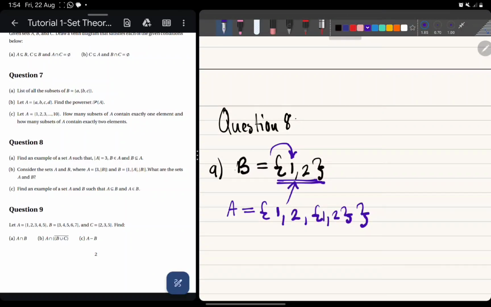So this could be set A. It has the element 1, the element 2, and then it has the element {1, 2}. Can you understand that? Right. So this is B. We can say B is an element because B, exactly as it is with its braces, we will find it inside A. And the things inside B are also inside A. And the set A has 3 things, okay? Which are 1, 2, and then this set which is {1, 2}. So now this